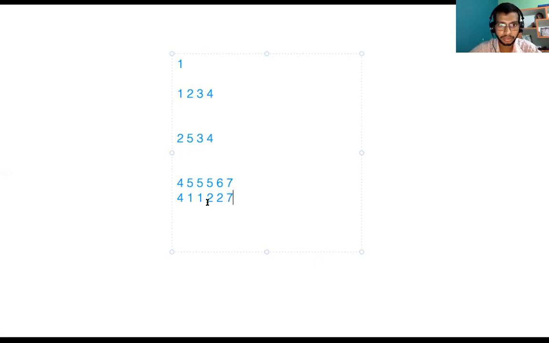Here 7 is equal to 7, and 4 is equal to 4. Firstly, I count the occurrences of elements. 5 is occurring an odd number of times, and 6 is also an odd number of times. 7 is even, 2 is even, 1 is even, and 4 is even. Okay, let me swap these array elements.